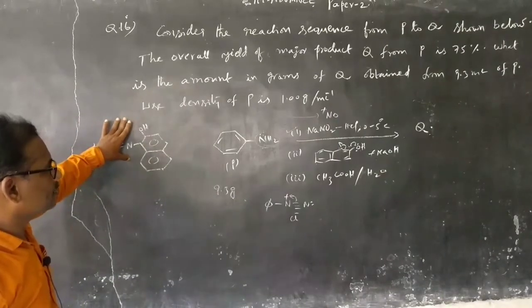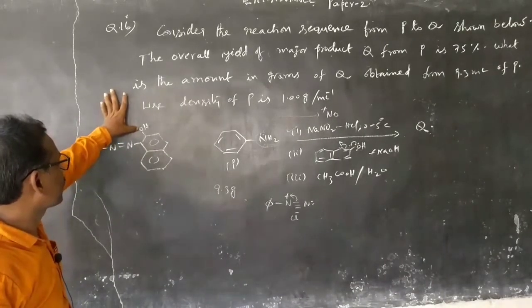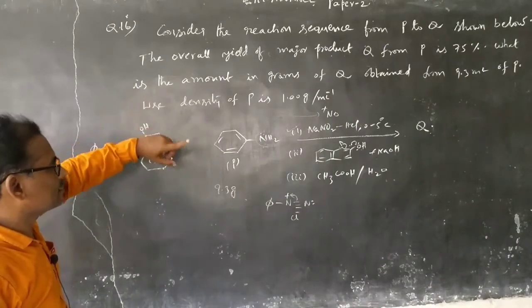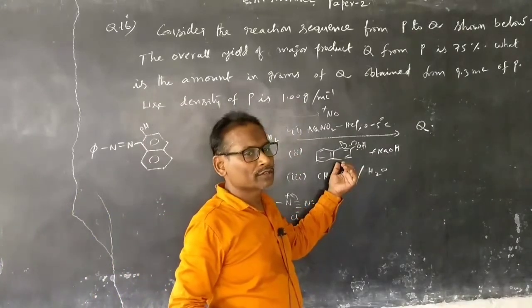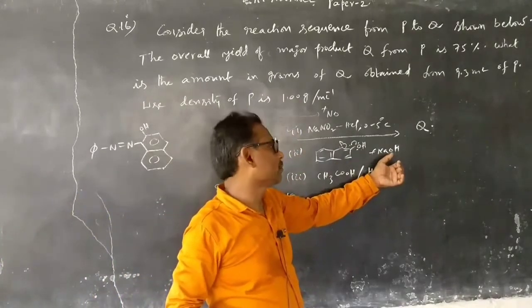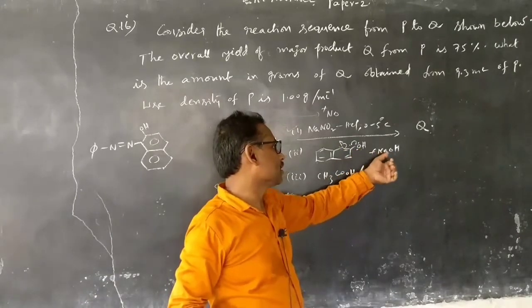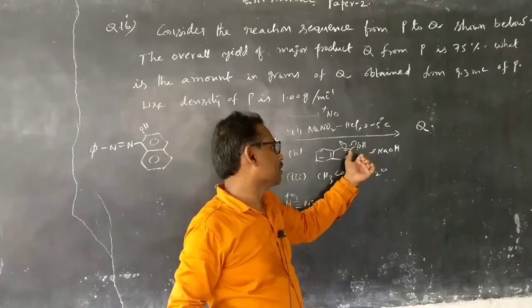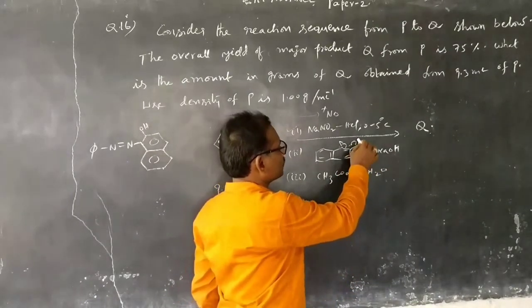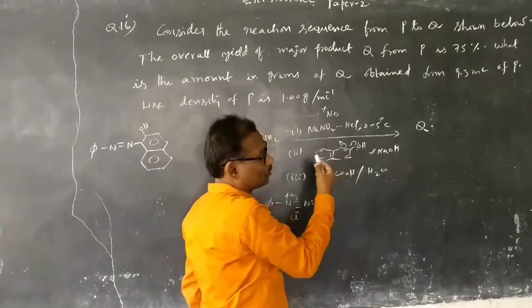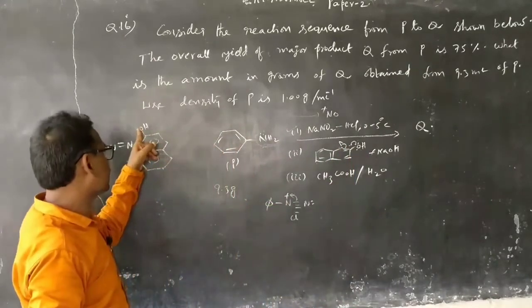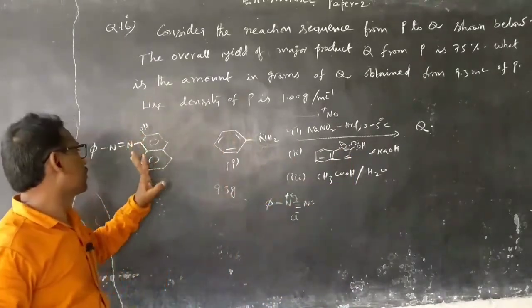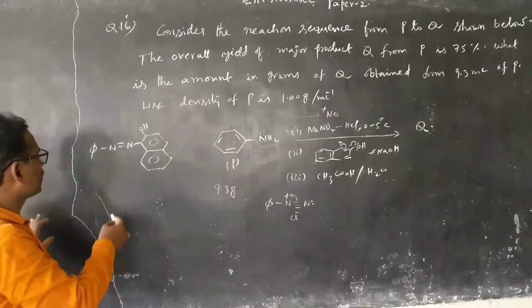Initially it may be in the form of O minus, because the base NaOH is there. In order to improve the nucleophilicity, the donor nature, NaOH is required. In basic medium its donor nature is increased, and beta naphthol forms the phenoxide, O minus. That is a good donor and improves the nucleophilicity of beta naphthol. So finally we get O minus here, but on acidification it becomes OH. This is the product ultimately, nothing but Q.